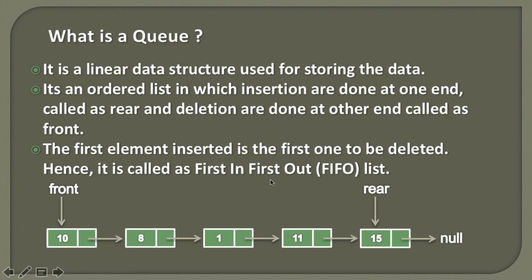And we also discussed that a queue is a FIFO list, which is first in first out, that a node inserted first will be the first one to be deleted. So friends, in this tutorial we will discuss how we can implement a queue. Basically, when we implement a queue, we usually keep two list nodes by the name front and rear. We insert using the rear list node and we remove using the front list node. So friends, let's go to Eclipse and see the implementation of a queue.